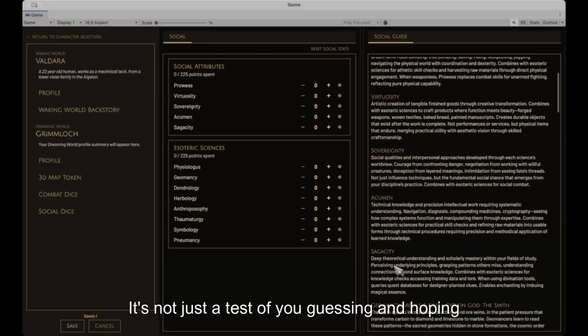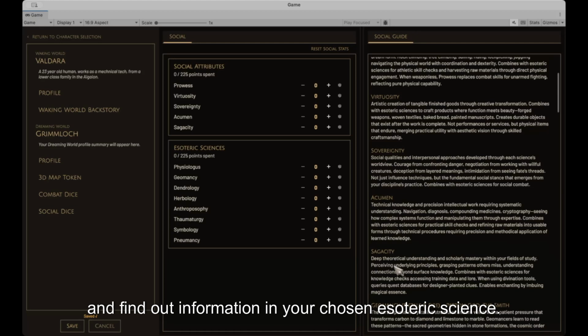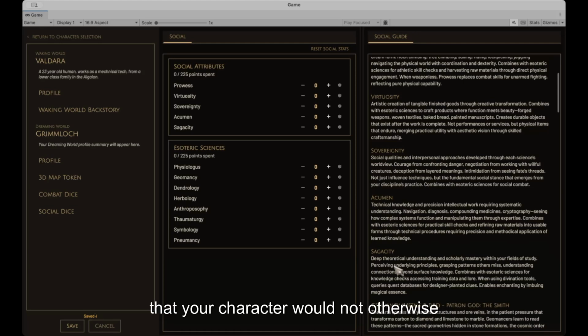It's not just a case of you guessing and hoping that some game master picks it up and figures it out. You will actually be able to engage in divination, tarot cards, runes, astrology, and find out information in your chosen esoteric science that your character would not otherwise know, because the system will actually go and get you the information and give you information that your character might not have.